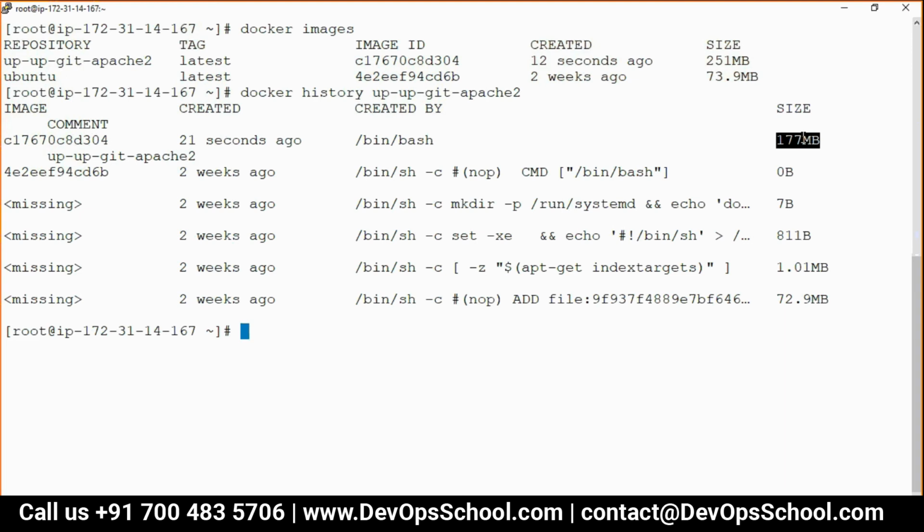177. This image I got it, guys. I can give it to anyone, including my manager who has asked me for doing this one, and he will do run and get the Ubuntu base flavor plus Git plus Apache 2. Now it's up to you to visualize what you can have in that image. So did you understand the image creation process?